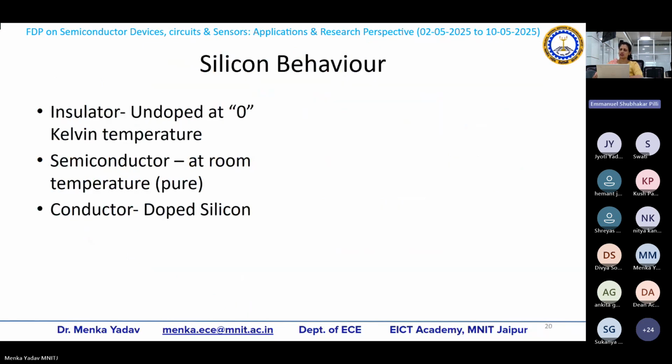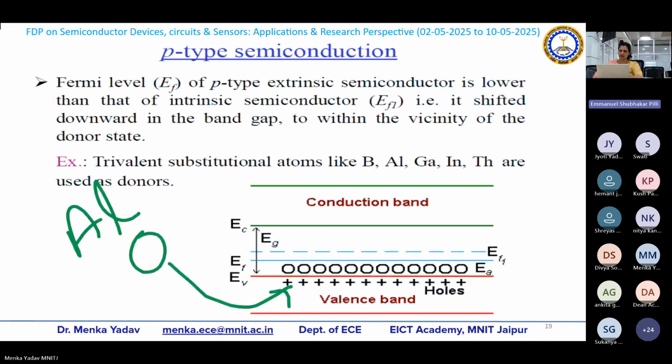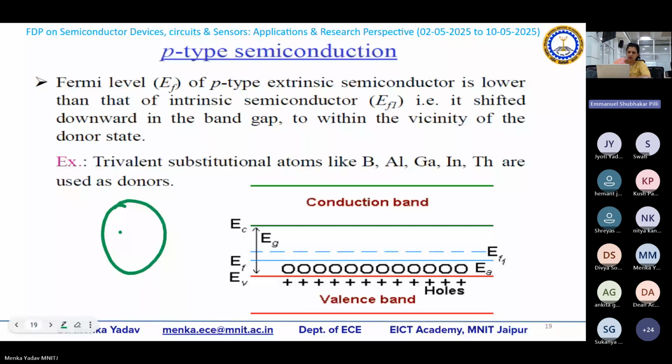Along with this, what other things are going to happen? So let us discuss. If you have a trivalent impurity or pentavalent impurity along with these charge carriers, another thing is going to happen. Let's say this is aluminium, and I am having silicon which are side by side to this.